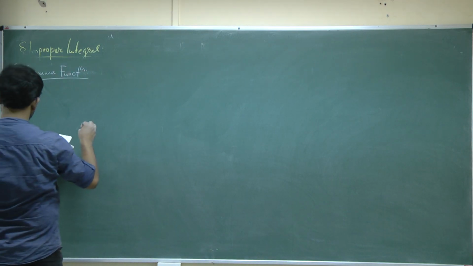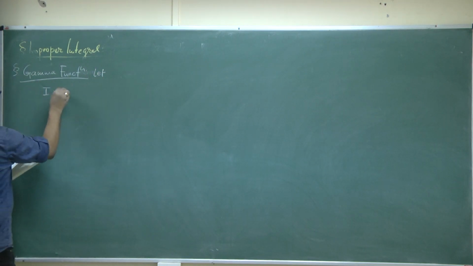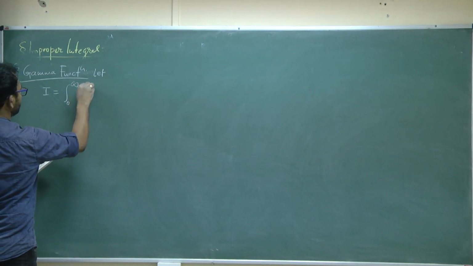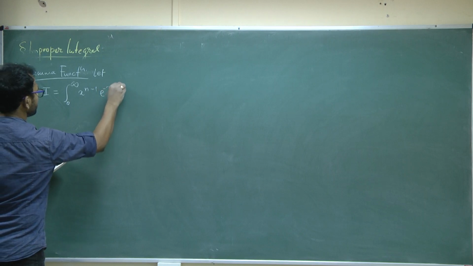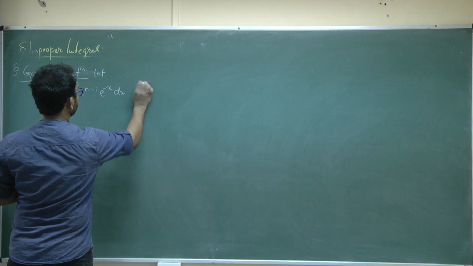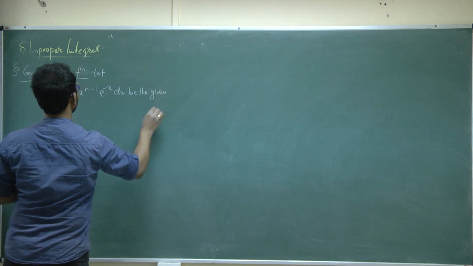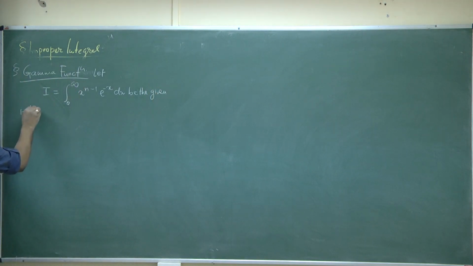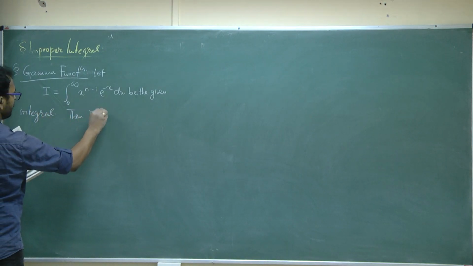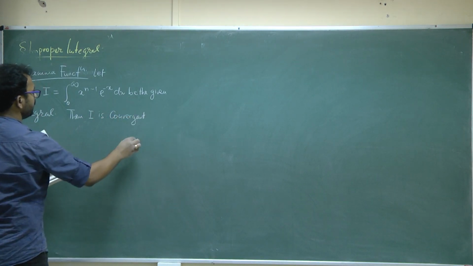The gamma function is defined as: let I equal the integral from 0 to infinity of x to the power n minus 1 times e to the power minus x dx be the given integral, then I is convergent if and only if